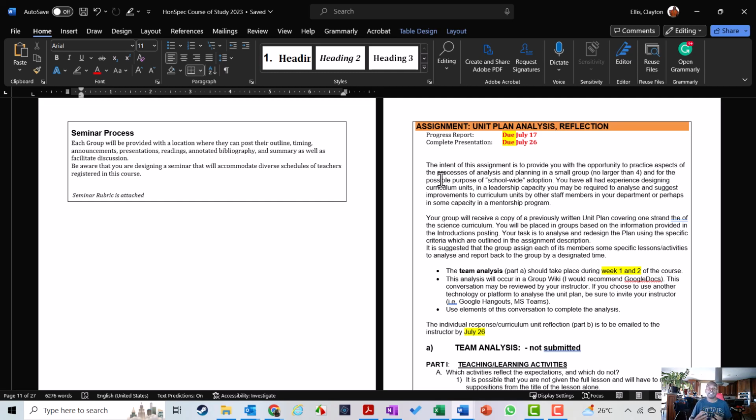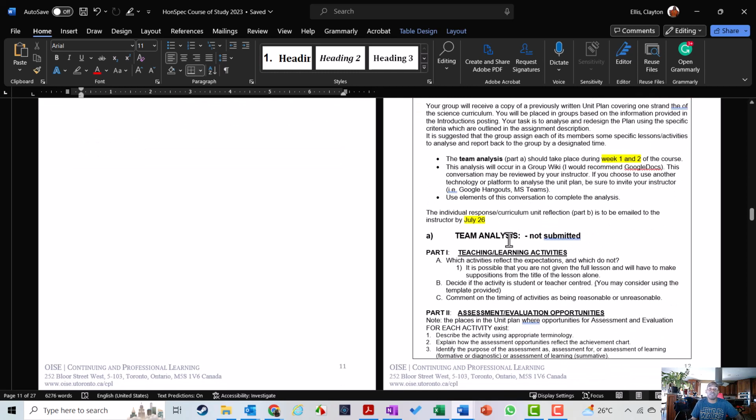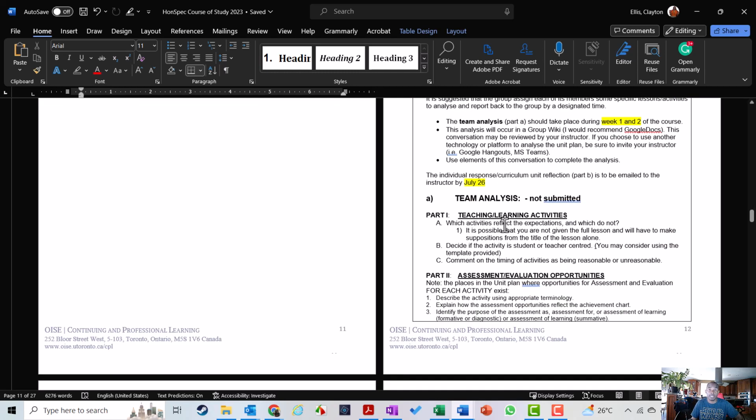Depending on your timing, if you're going to be working from 1 a.m. to 4 a.m. or something like that, then you might not have a lot of people able to work with you and your group might be a little bit smaller. With the unit plan, there's a lot of information here. You're going to be given a unit, so I'm going to give you a unit. You're going to analyze the unit, just kind of go through it, look at some of the guiding questions, think about it. You don't need to record it. You're going to do an analysis, and that's where you're going to talk with some of your teacher colleagues or your unit plan team, and you're not going to submit that either, it's analysis.